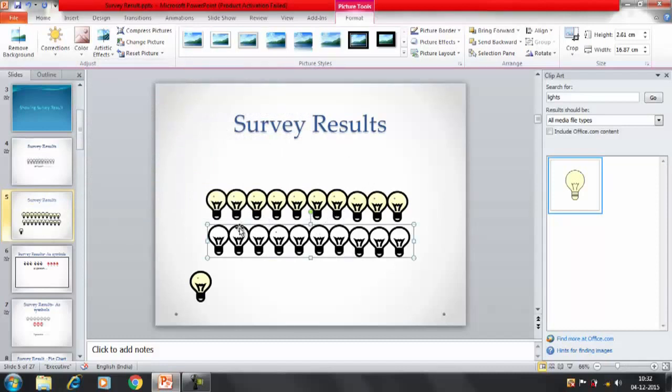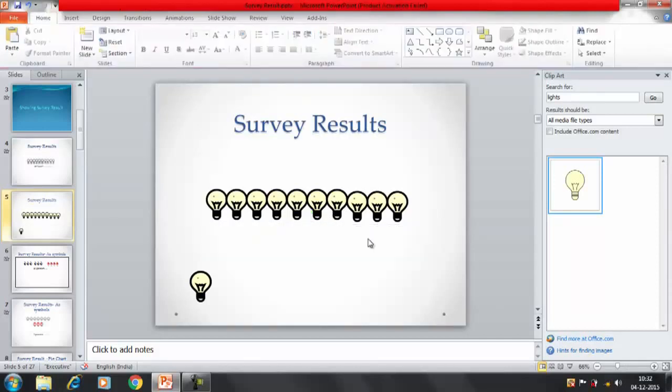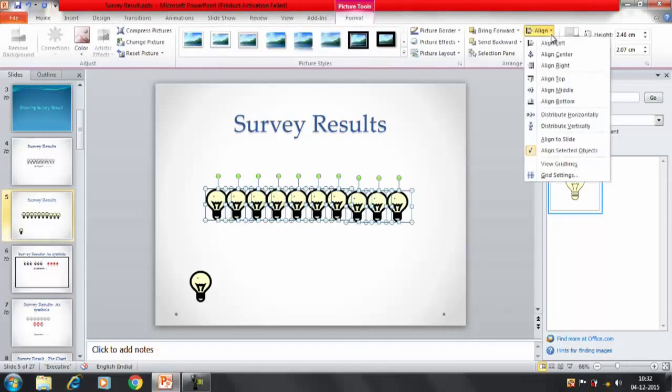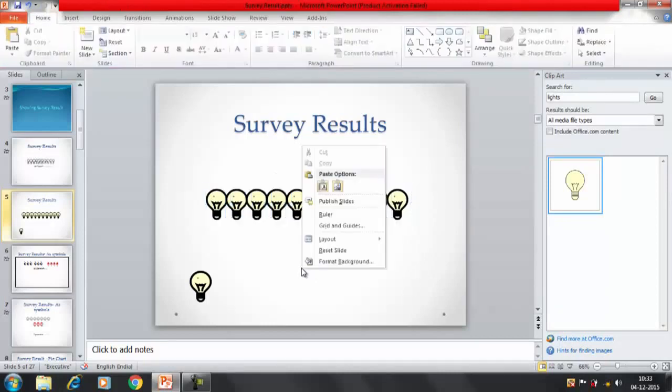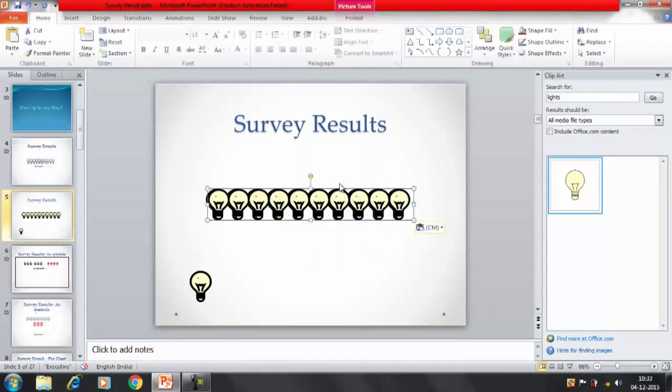One more thing I observed is that the level is not proper. So let's try to make it one more time. I'll delete this image currently. Select all the objects now, and one more time try to align them at the top. Align top. Alright, now it's perfect. Now copy this. We need to paste it one more time. Paste special and paste as a picture.